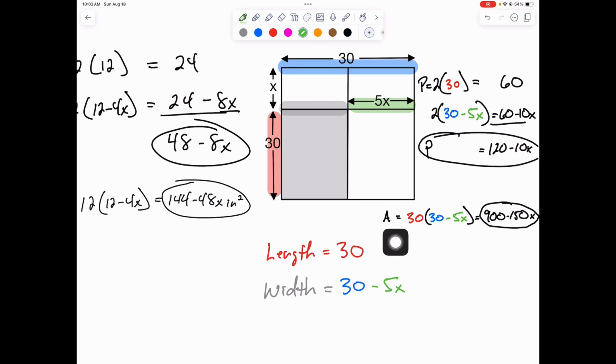All right, the area is the length, which is 30, and the width is 30 minus 5x, so we're just doing length times width, so 30 times 30 is 900, 30 times negative 5x is minus 150x, and